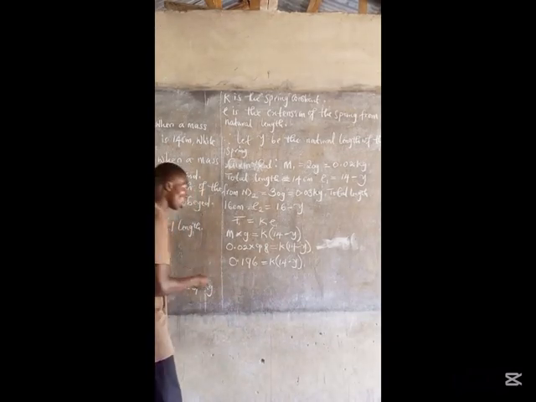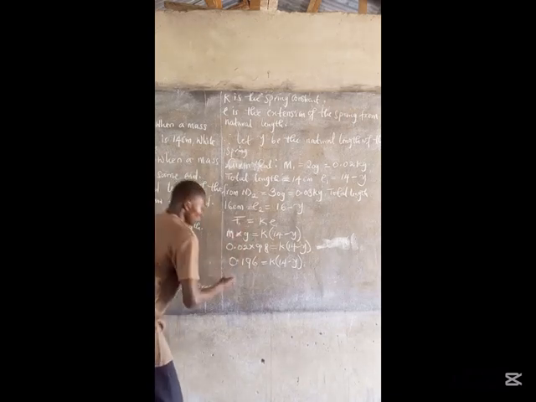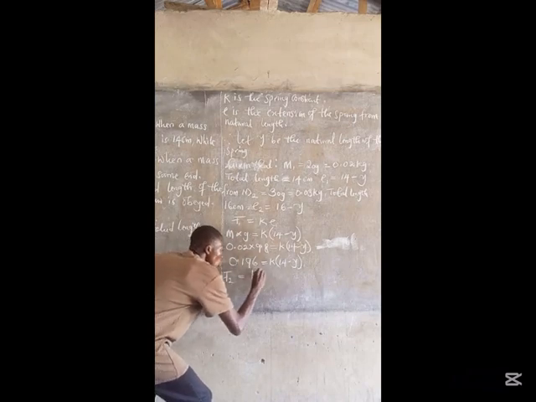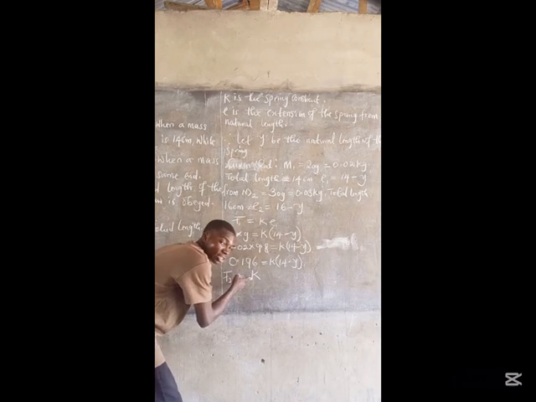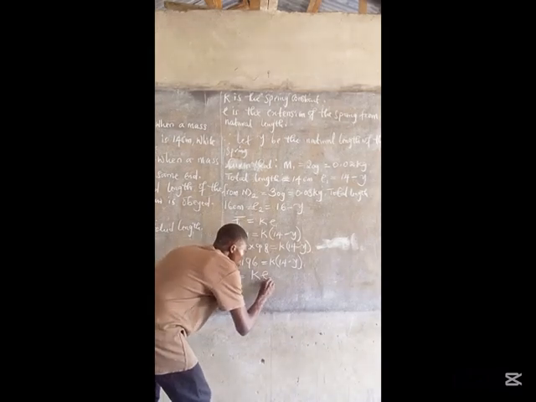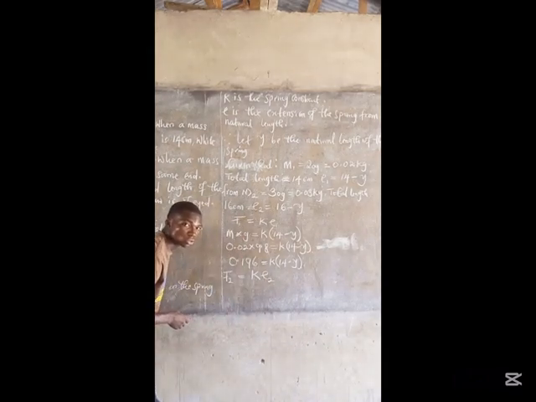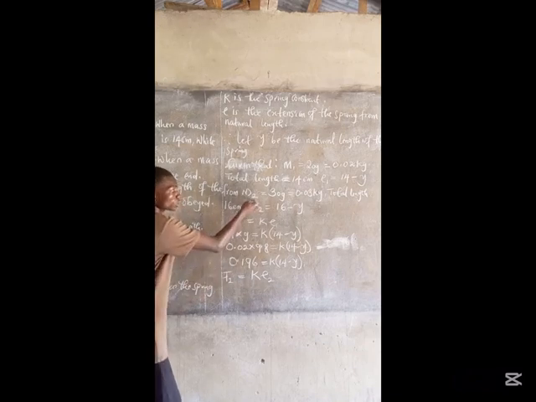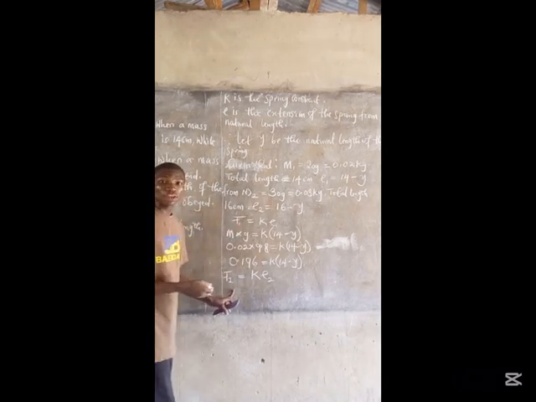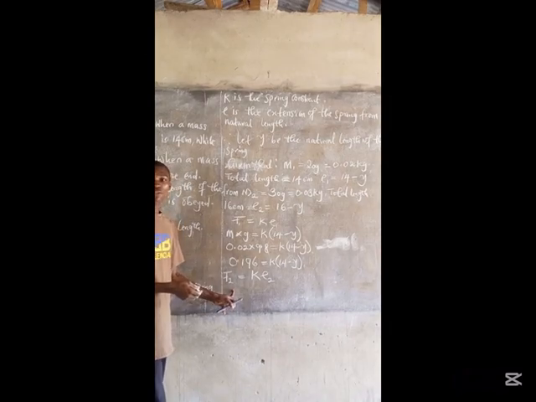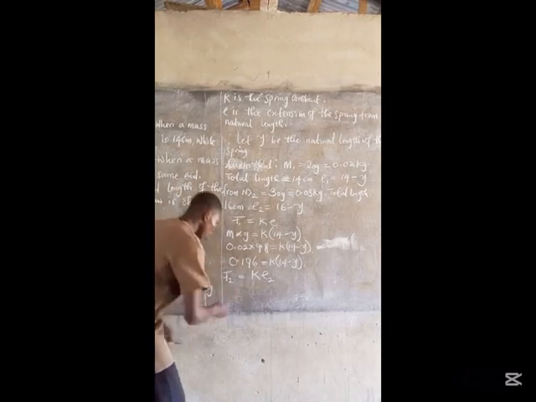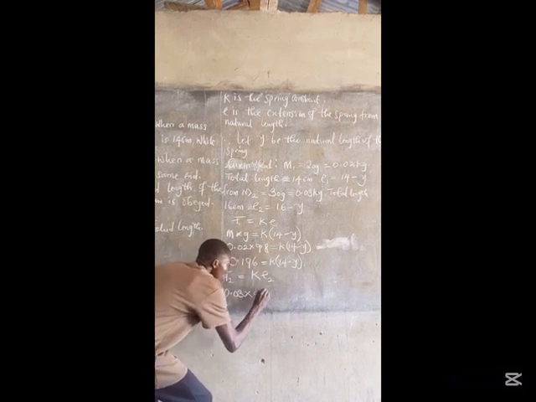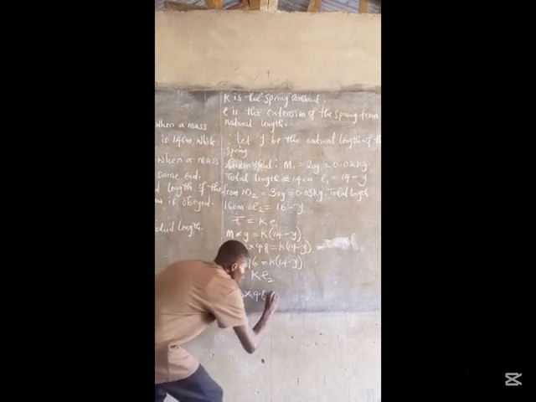So to check for M2 now, from this Hooke's law, it is obeyed. So F2 is going to be equal to K, the spring constant, times the extension. So now, what is force F2? F2 is 30 gram. You are not given a force, but another formula for force is what? Mass times gravity. So that is 0.03 multiplied by 9.8 is equal to